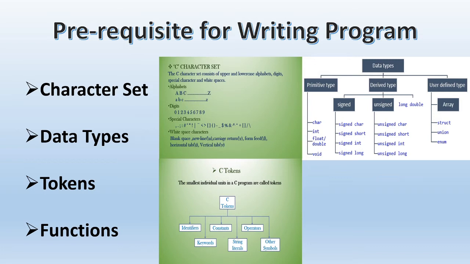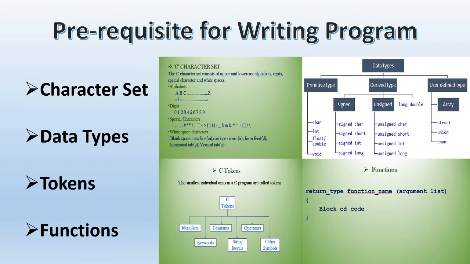After tokens, one should know about the functions. A function is basically a named block of code or set of instructions included within a curly brace that performs specific tasks, and they're often used when a certain task is to be performed repeatedly in a program, which might need the same line of code more than once in a program. So to avoid this unnecessary repetition of code, functions are used.